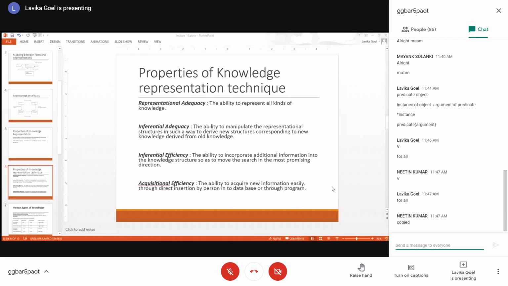That is the meaning. Then inferential efficiency: it is the ability to incorporate additional information into the knowledge structure so as to move the search in the most promising direction.